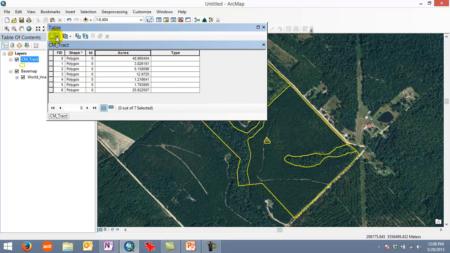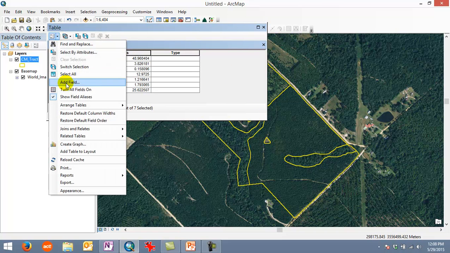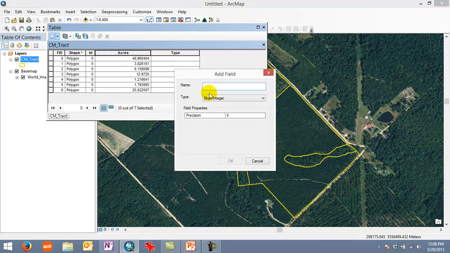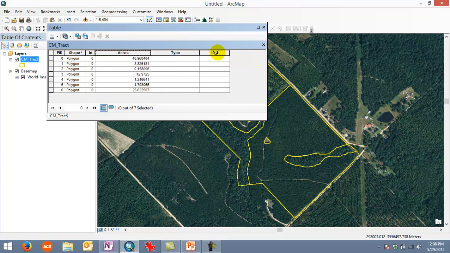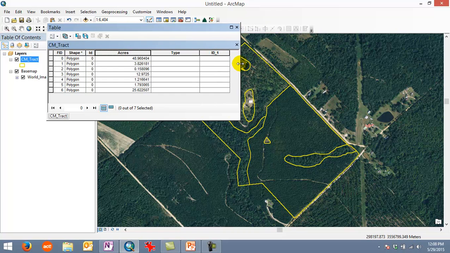Okay, so maybe I'll create another field in here, and I'll call this one ID, and I'll make that a text as well, and I'll just use 12 characters on that one. Oops, I've already got an ID field. Okay, so it created a new one, ID. I didn't realize that, but that's okay. So we will now learn about how to populate these different